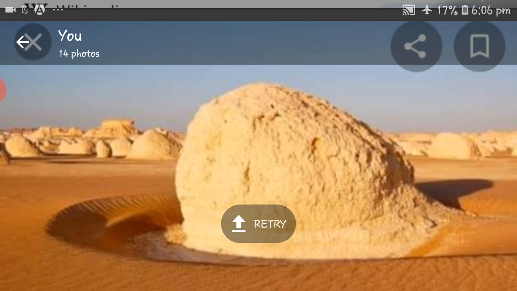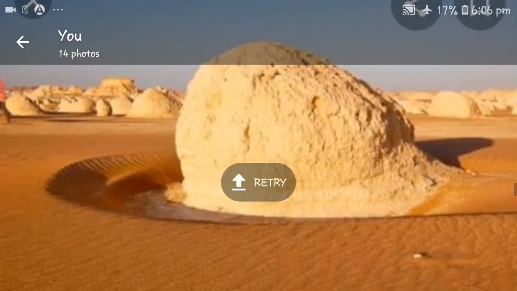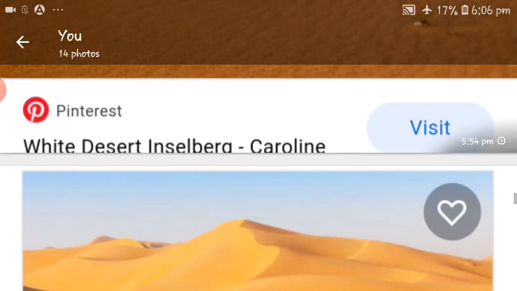Because everything is eroded out by the action of the wind, while these mountains sustain, since the erosion is very slow. That is why they stand out like this. This is formed because of the action of wind. This is the picture of the Inselberg.